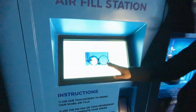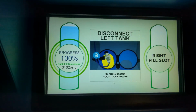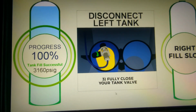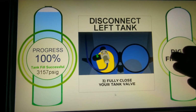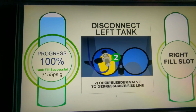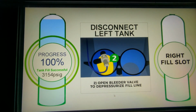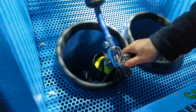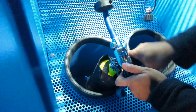Now the system will actually walk you through removing your tank. The process is now reversed. Instead of 1, 2, 3, it's 3, 2, 1. First you close your tank valve, then you open the purge valve to drain the air fill line, and then after that you remove your fill yoke and you're ready to go. So you close your tank valve,